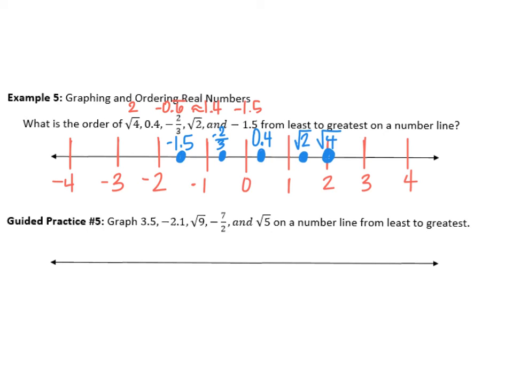Alright, you want to change them all to decimals. So I'm good here, I'm good here. Square root of 9 is actually 3. The square root of 7 over 2 is 3.5, so that's going to be -3.5. And the square root of 5 is approximately 2.24. So my number line